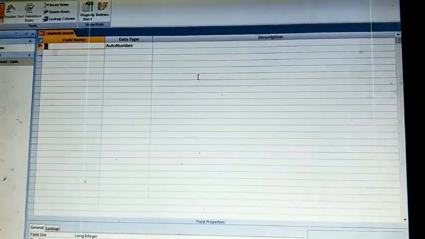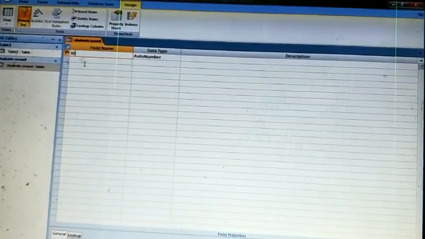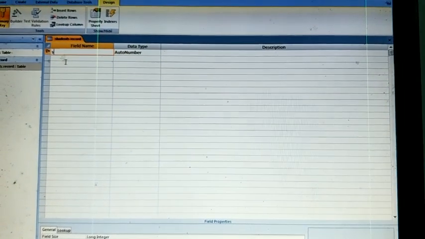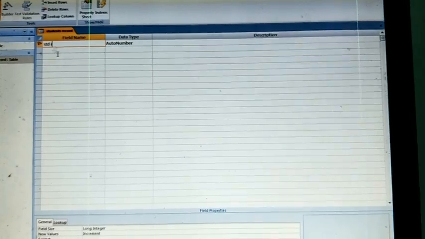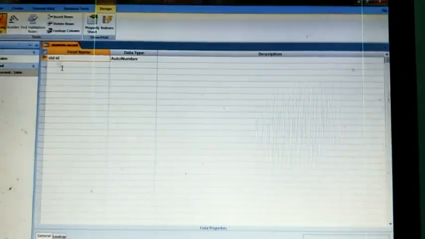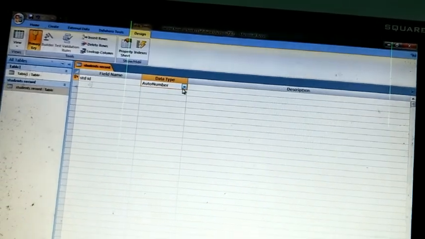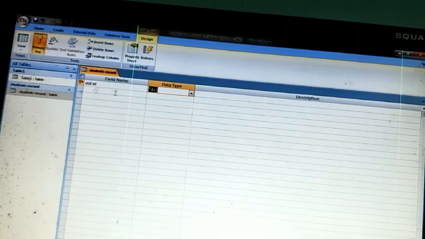After that you can create the fields of this table. Now in this table I want to create some fields. First, Student ID. STD in short form and ID. Now click on the data type. It will be text.